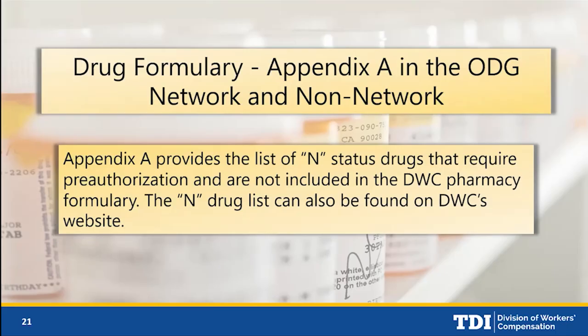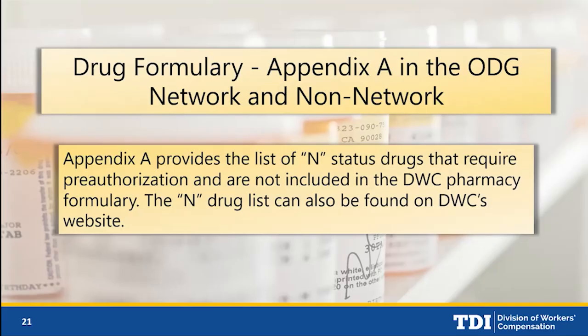And prescribers, keep in mind, have your pharmacy in mind. They're not going to be in a great position to justify what you have ordered for this person. They're not going to have all the records. So it's going to be best, prescriber, if you write that justification for pre-authorization. If you've chosen this drug that has that N status, again, it doesn't mean that the patient can't have it, but it just means that you need to get pre-authorization for that drug.